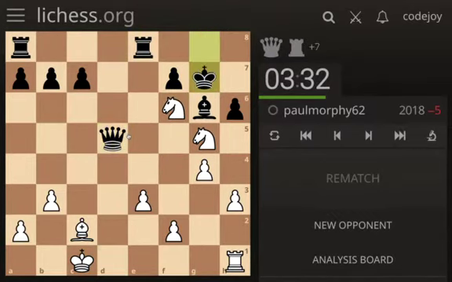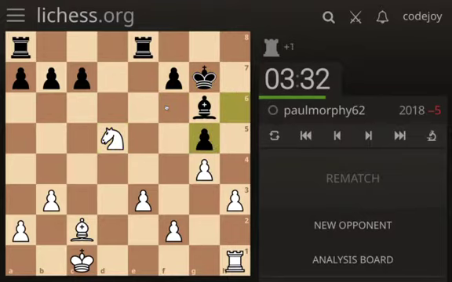But it is worth considering sometimes when it comes with a check. Like if I could get the rook for free and then force his king back and then check him again and then get the queen, that'd be good. But anyway, I get the queen. And then